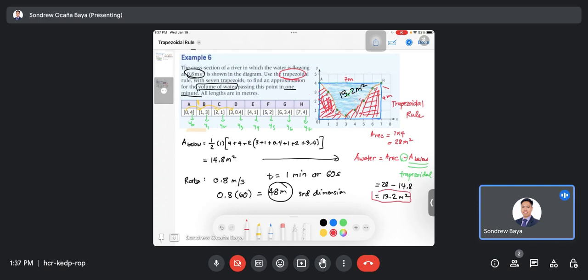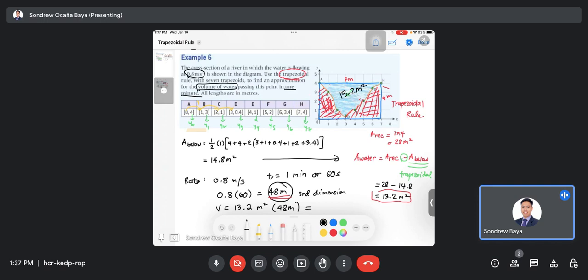We now have the area of the water, and this is how much water comes in. So we can now find the volume of the water in 1 minute, by which the volume of the water will just be 13.2, the area, it's meter squared, times the other dimension, 48 meters, thus giving us,